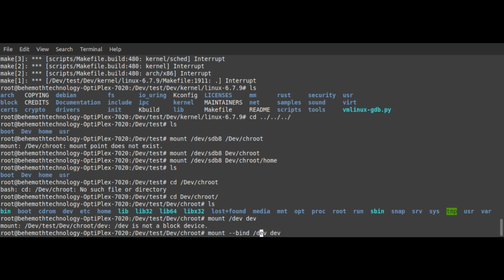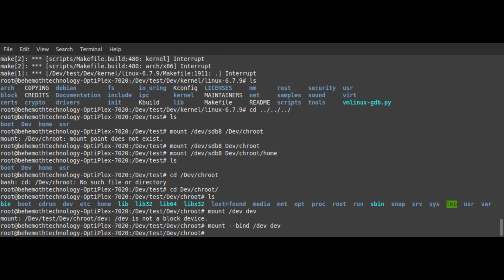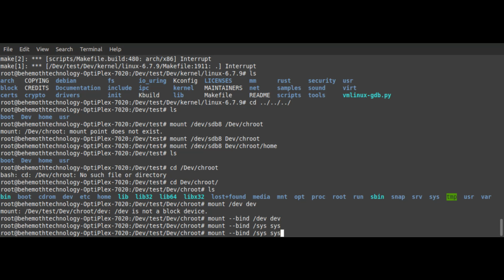If you're an entrepreneur, building bridges is your thing, this would be a great symbolic link to bridges. So you bind dev to dev, and then you would also want to bind sys to sys. Say you had Linux installed on more than one hard drive, and maybe one's an external one, you could do this to your external hard drive, and here's what it would do. Dev slash PTS,